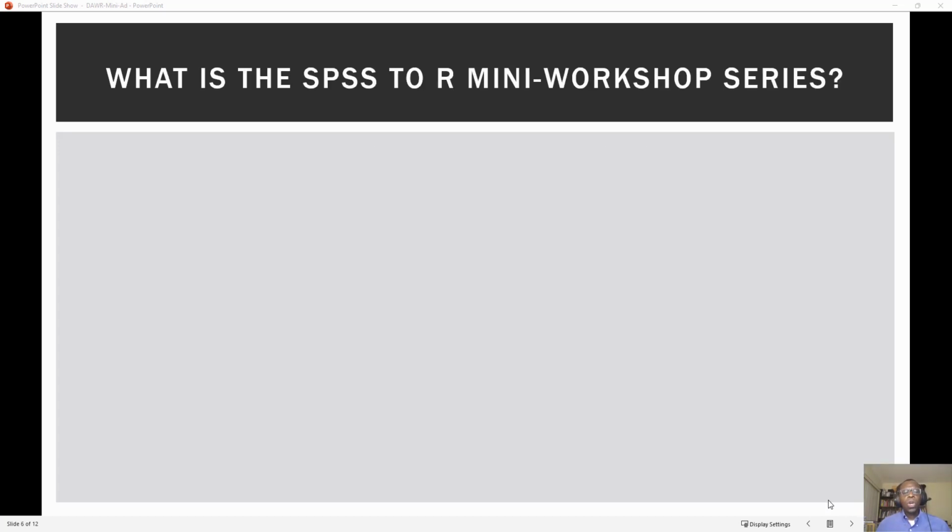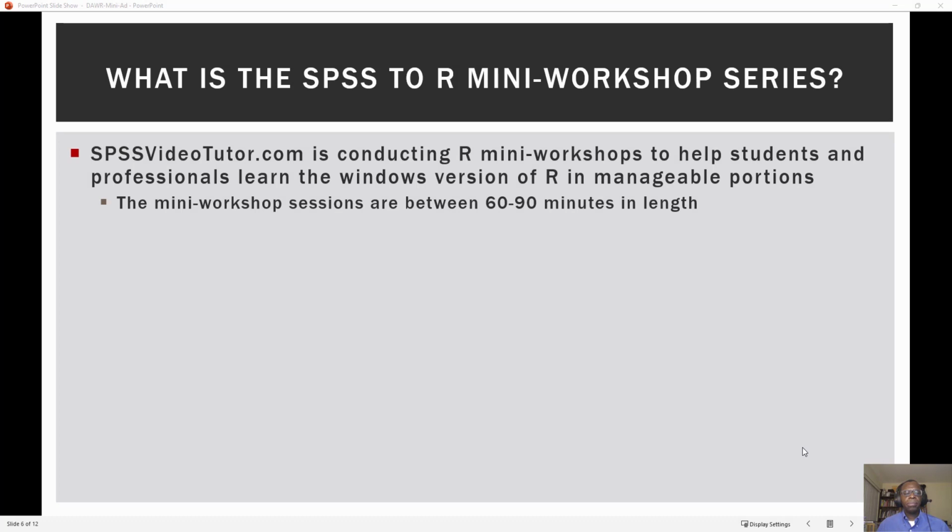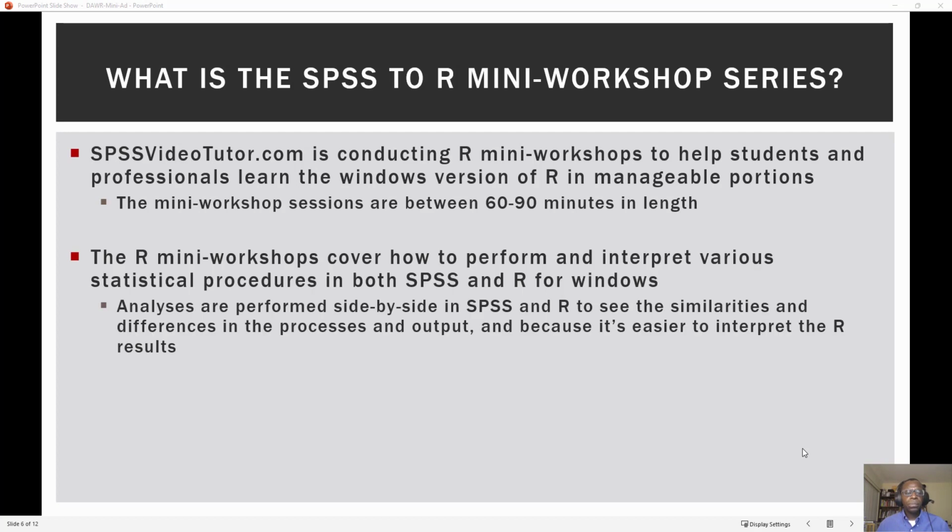So what do we cover in the workshop series? We conduct these mini workshops to help students and professionals learn the Windows version of R. Again, this emphasizes the Windows version, and we do it in small, manageable chunks of 60 to 90 minutes. Essentially, we're going to cover how to perform and interpret various statistical procedures in both